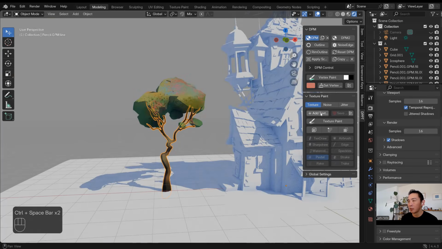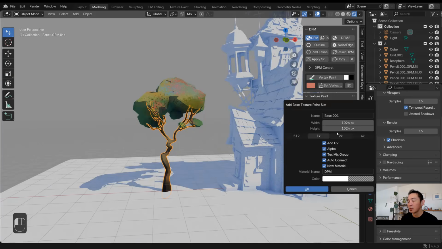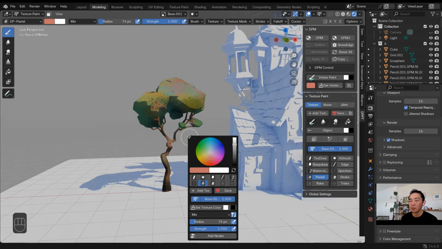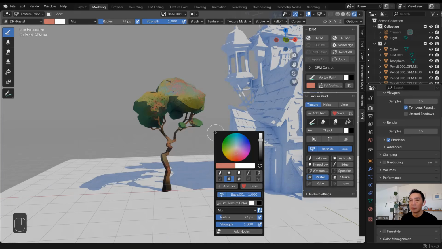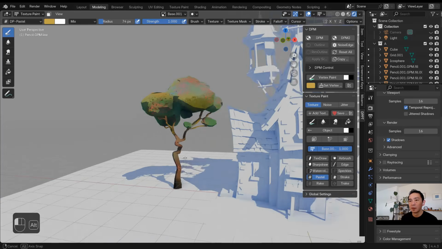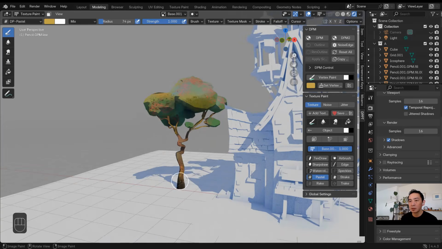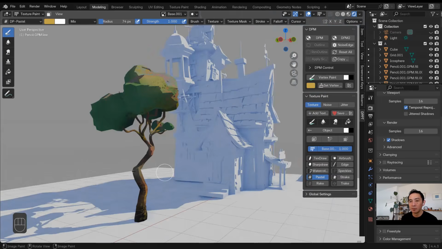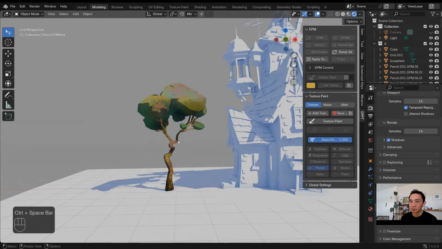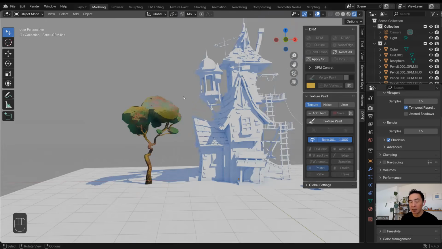I'll apply add texture and hit OK, and I can paint something like this. It's a bit more complex texture to the object, right? Save again. So this is basic stuff, how you do it.